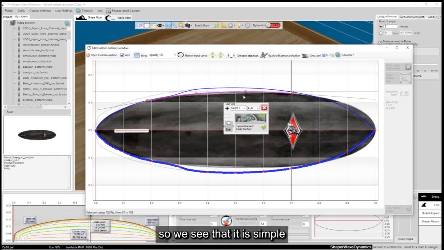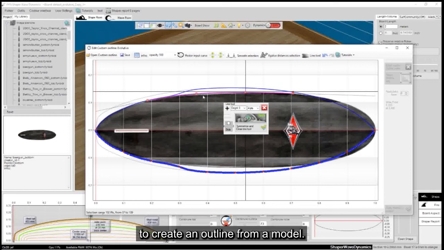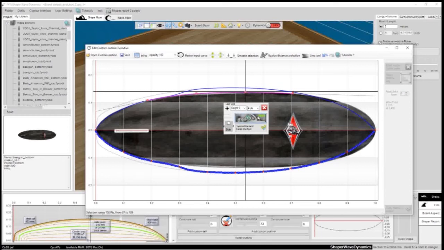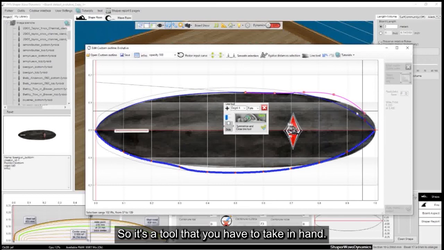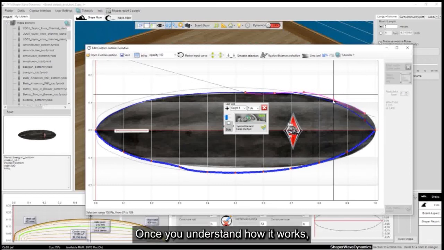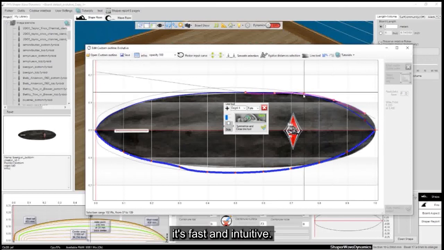So we see that it is simple to create an outline from a model. So it's a tool that you have to take in hand. Once you understand how it works, it's fast and intuitive.